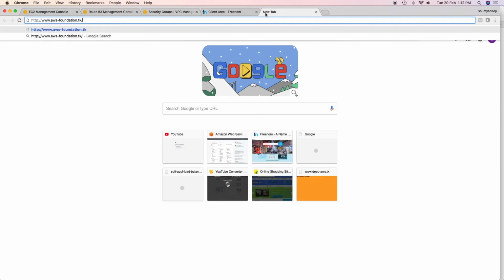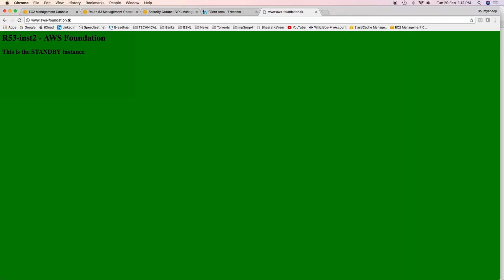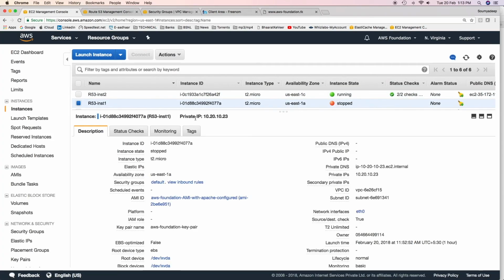More than 5 minutes have passed. Let us see now what is happening. So it is taking me to the second EC2 instance or the standby EC2 instance with green background. This is how the setup was done. But typically in production environment, both the EC2 instances would have the exact same application. One should be a replica of the other. If I bring the EC2 instance up as it is a primary one, and when Route 53 health check reports the EC2 instance to be healthy, all my traffic will return back to the primary instance.